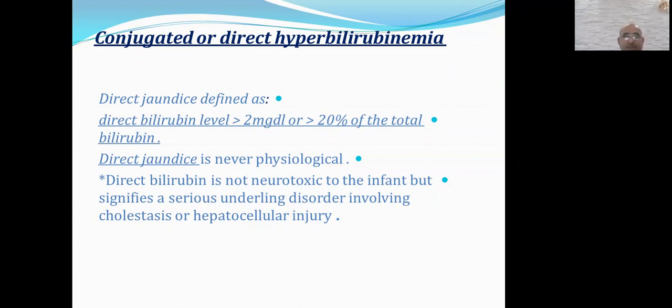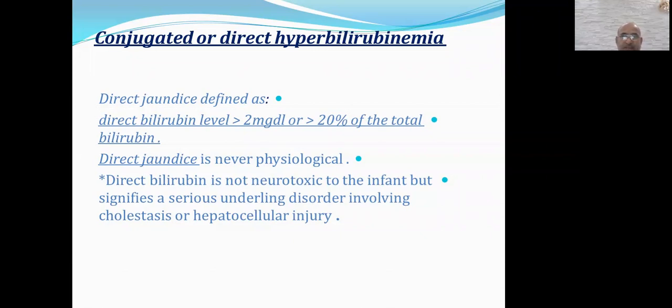So if I have 10 milligram per deciliter of bilirubin, and I sent for fractionation of the bilirubin for direct or indirect, if the indirect was 8 and direct was 2 milligram per deciliter, this is definitely a case of direct bilirubinemia,